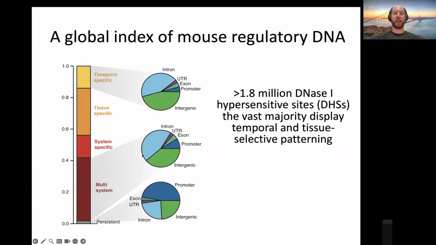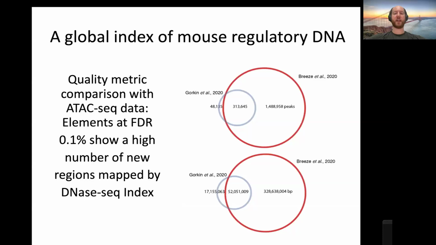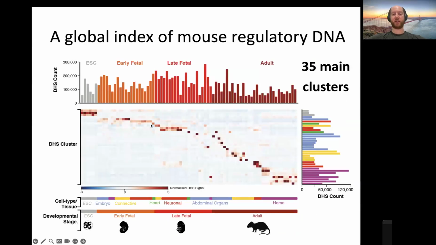ENCODE project analysis. A lot of parts of the genome, or switches, are used across different organs. Some of the switches are specific to a particular system, for example, the respiratory system, or tissue, for example, the lung. And a certain chunk of switches are actually specific to a particular time point. And this is very interesting because some switches actually only become active in certain parts of development, and then they're never used again. So some DNA switches are used for essentially building a mouse and making sure that the mouse structure is correct. And then afterwards they're never used again.